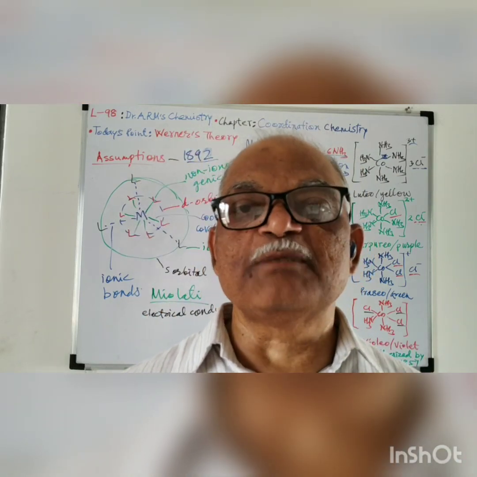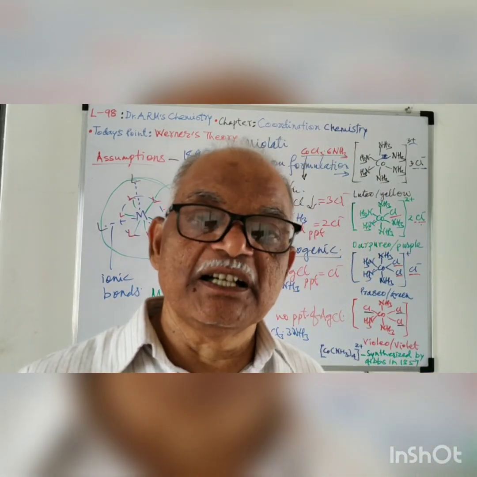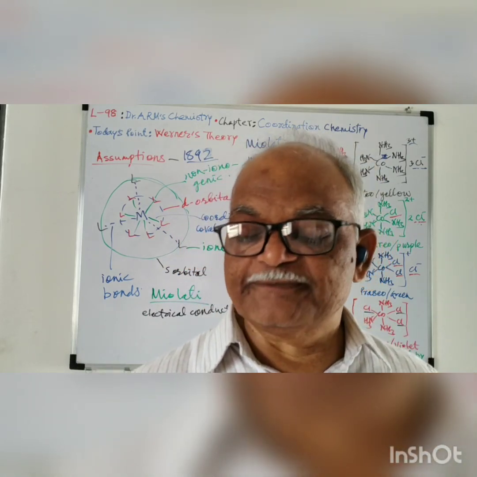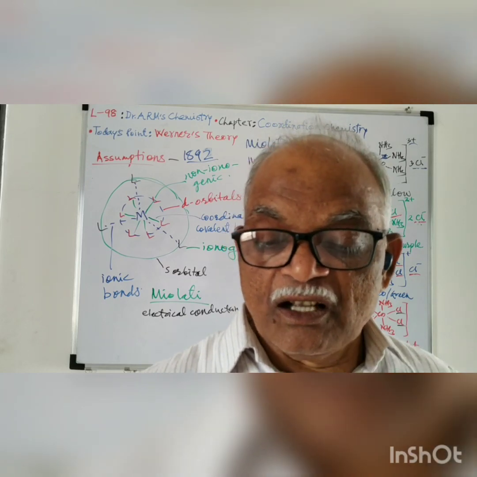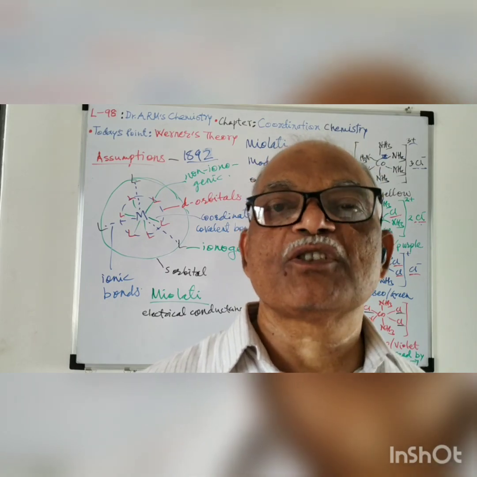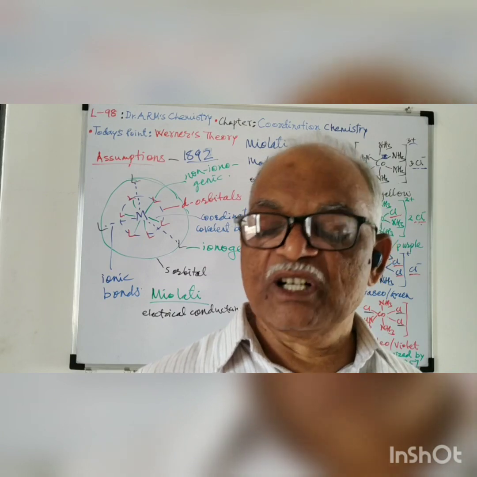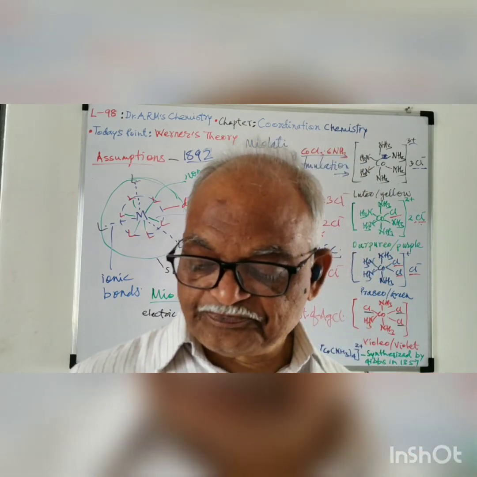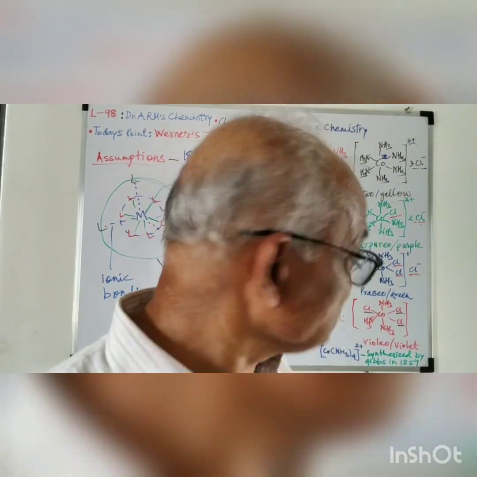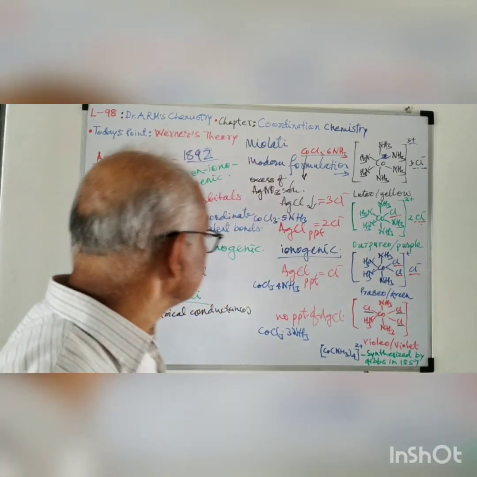Later on, Werner himself synthesized another isomer of the same formula, and found that it was of a different color, violet, and like praseo, this complex was not considerably stable. Further, Miolati also showed that complexes like this may have